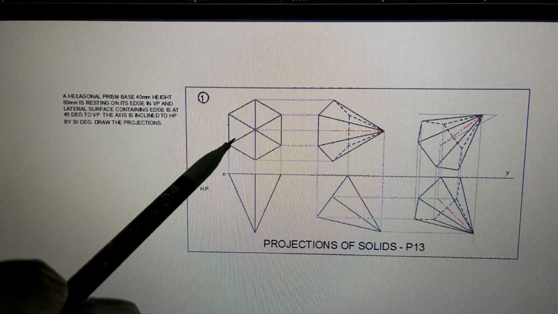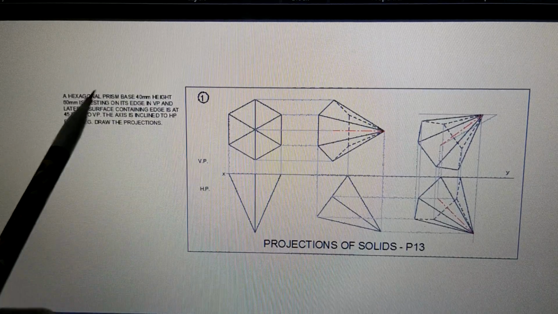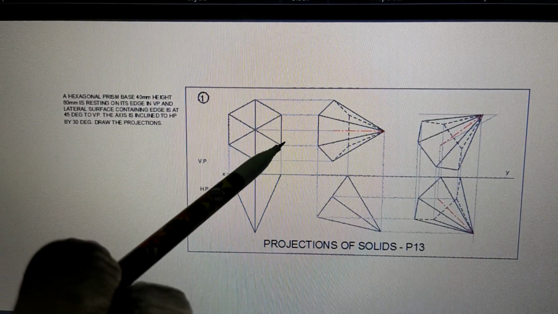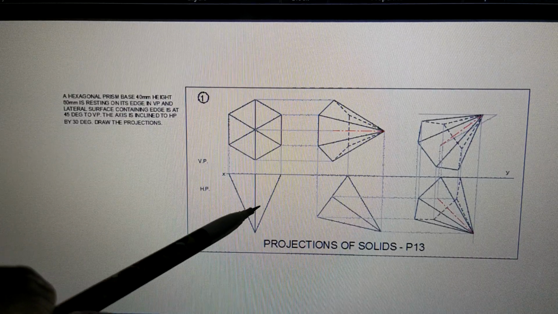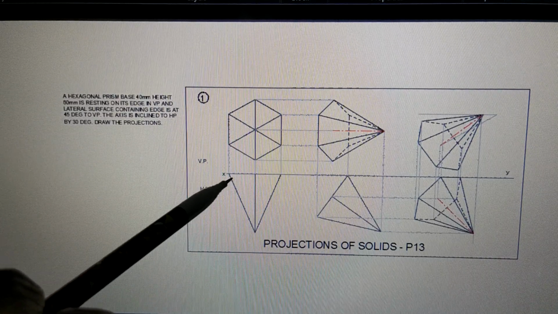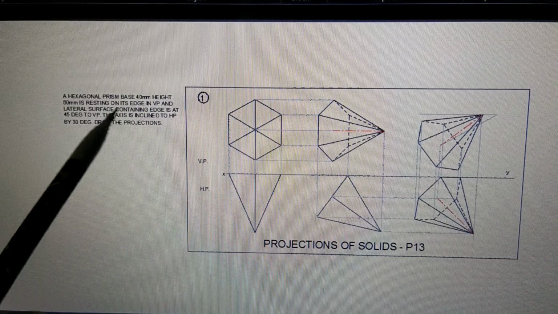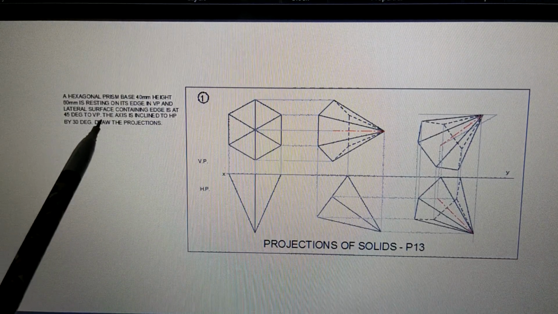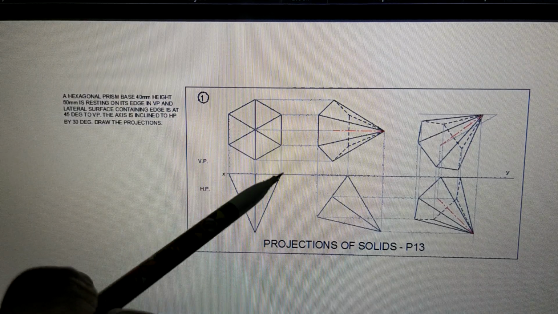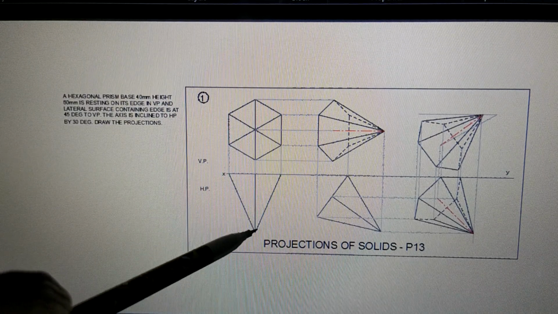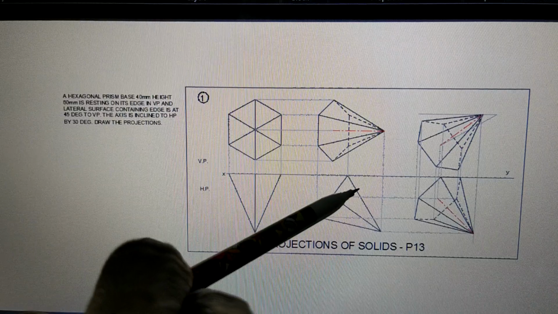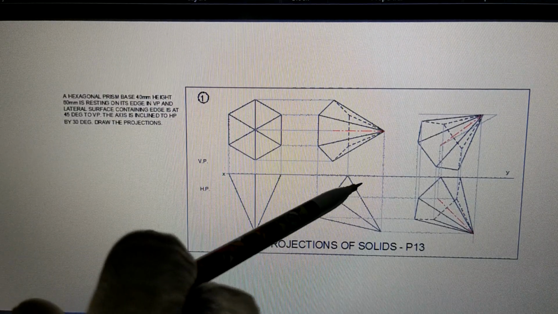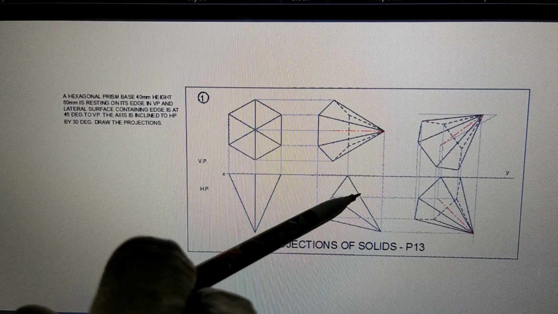So we are drawing the first view over here, and since it is resting on edge, we are drawing the hexagon in this position. Then the top view comes like this, showing that it is resting in VP. Then it says the lateral surface containing the edge is at 45 degrees to VP. That means this surface, this line is going to make 45 degrees here. So accordingly this figure is again drawn. This is a repeat, and the inclination is now 45 degrees.